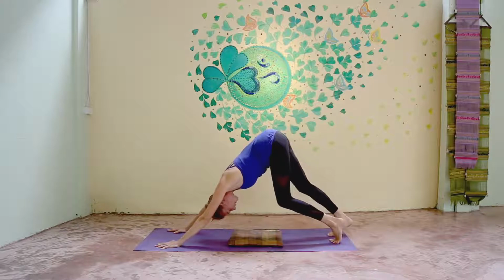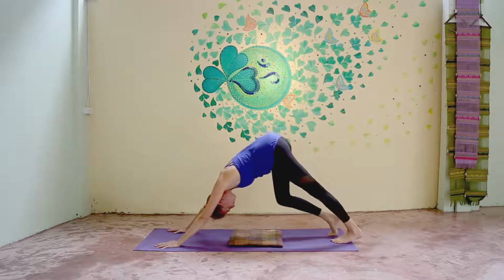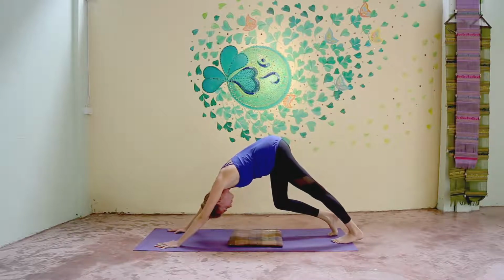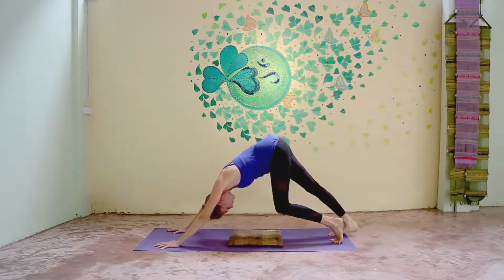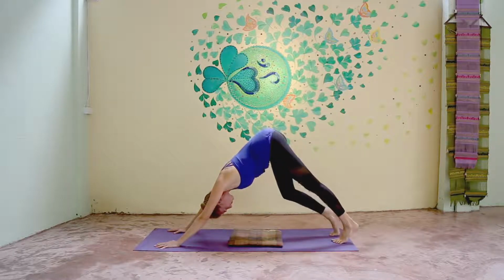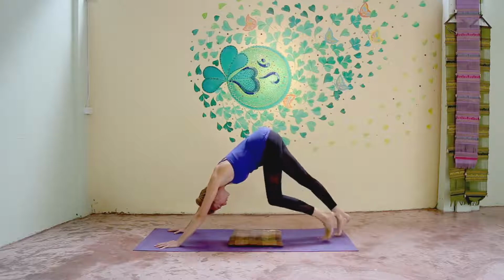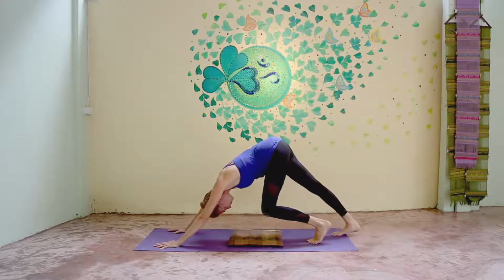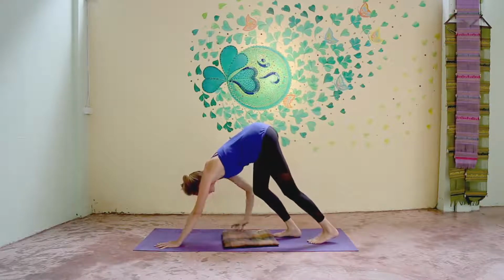Maybe bend one knee, extend the other heel back. You wake up your hamstrings. You can also do this with your breath. You inhale, both heels up. Exhale, one heel down. And continue this movement. Let's start to make one little step forward on your mat until you walk all the way to the top of your mat